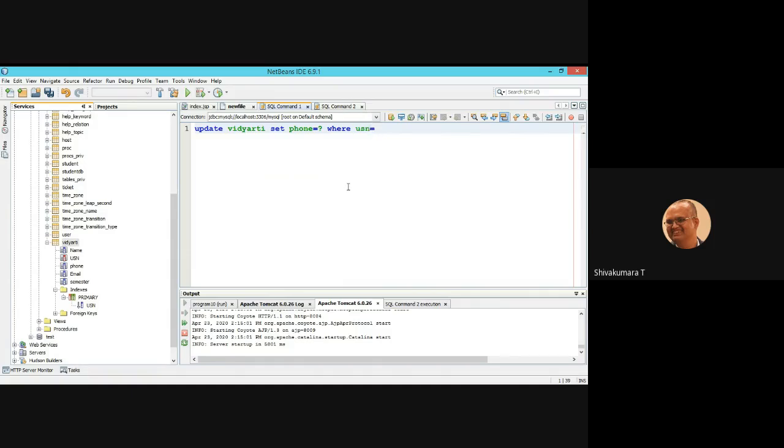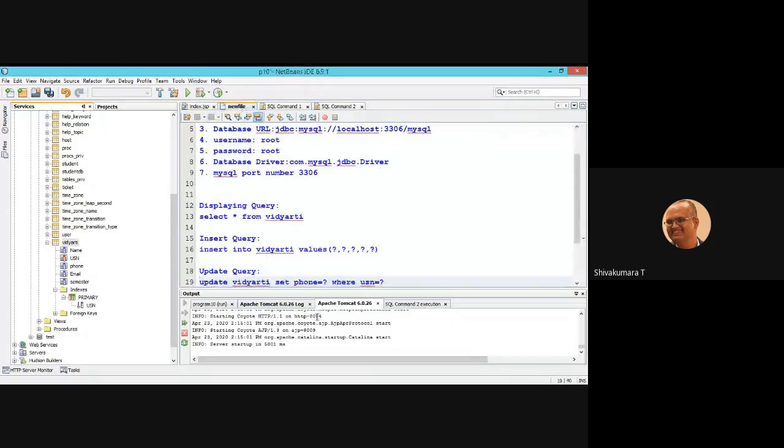USN equal to question mark. Based on the USN, you are going to update the content of a table. Right? Again, copy, paste. It is the update query.